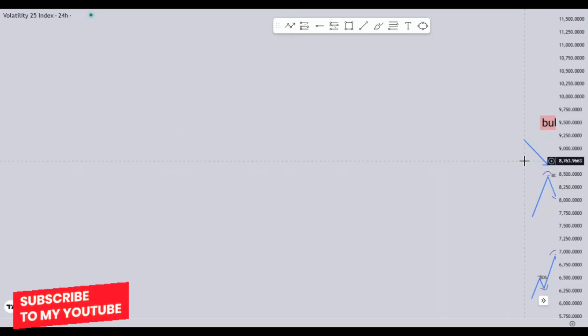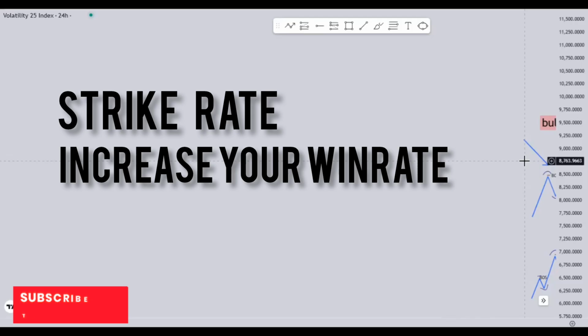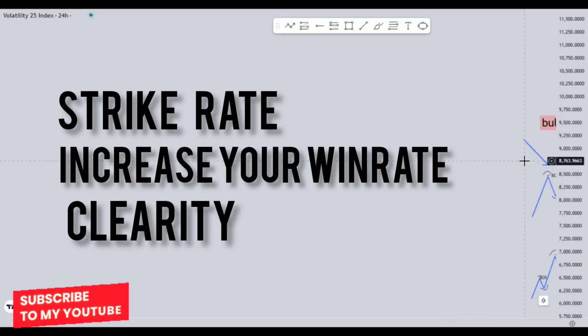And believe me, by the end of this series, I can pretty much guarantee you that your strike rate will greatly increase. You're going to skyrocket your win rate to another level entirely, simply because you will know how to manage your trade properly, where to enter, where the market is coming from, where the market is heading to, and how to have clarity in the market in order for you to have confidence